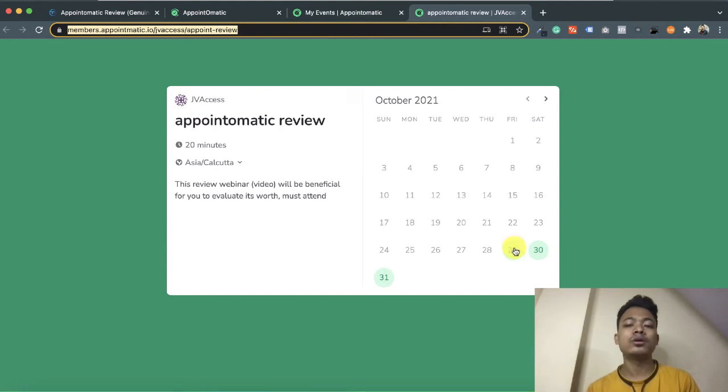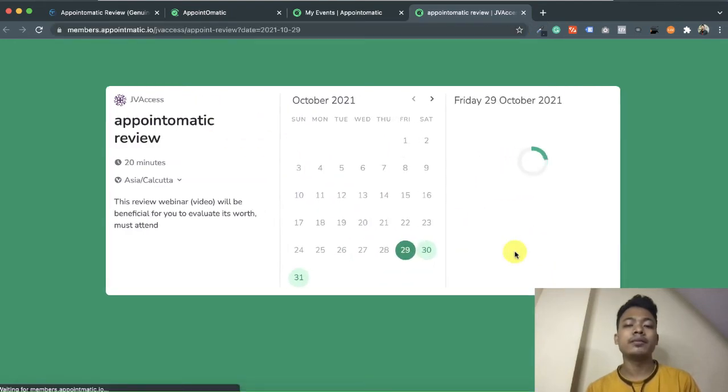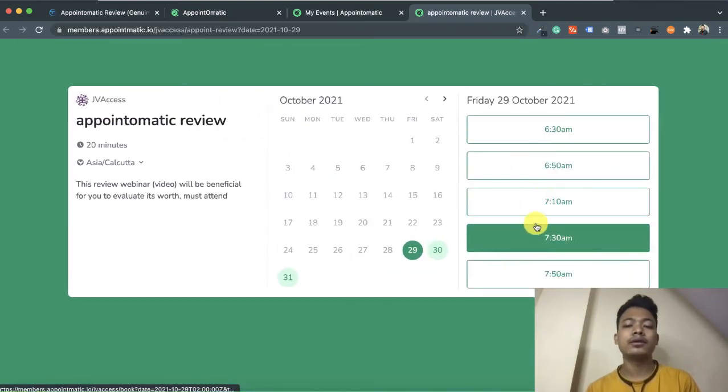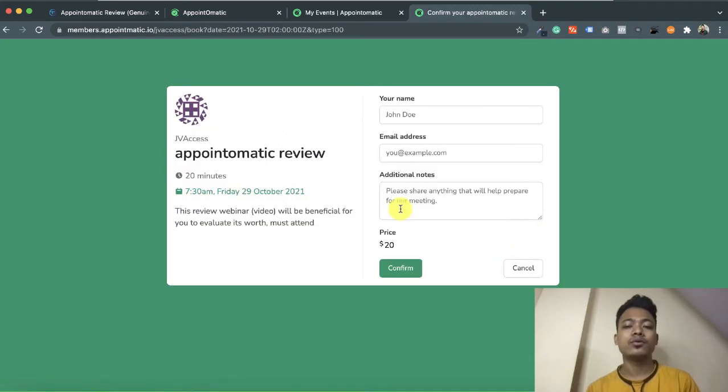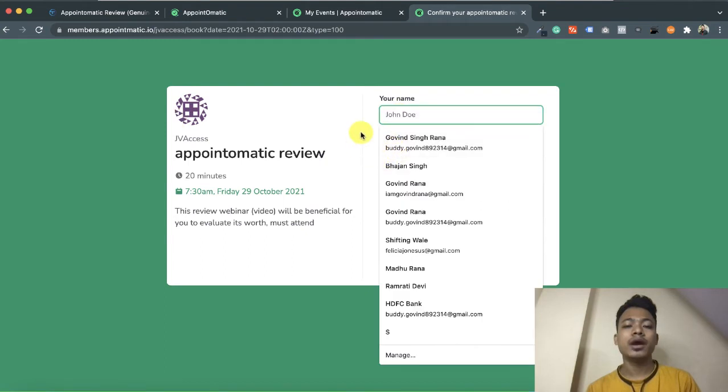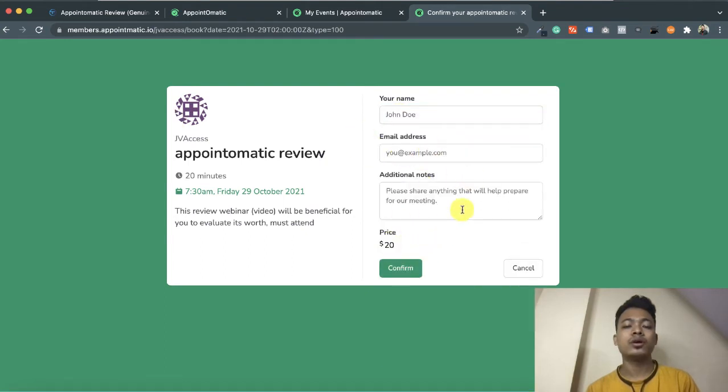So once a customer chooses any of the dates, I have chosen here, and this is the time. Okay, so this is all about it. Your name and email should be filled in by your customer. Okay, so this is the confirm. After confirming, once I fill it in, it goes to the PayPal payment. Okay, so you can add your PayPal here, you can change all the things here.